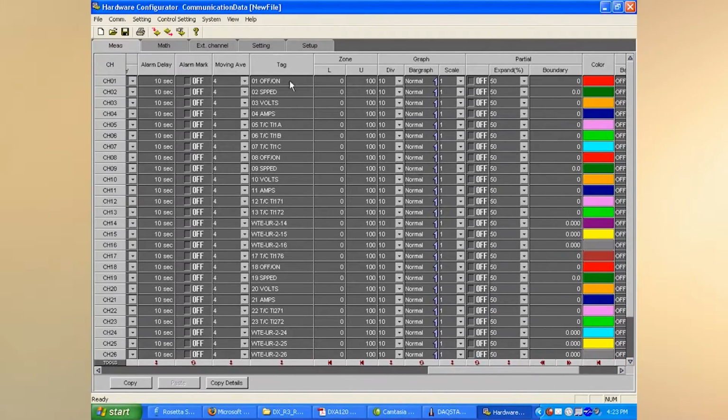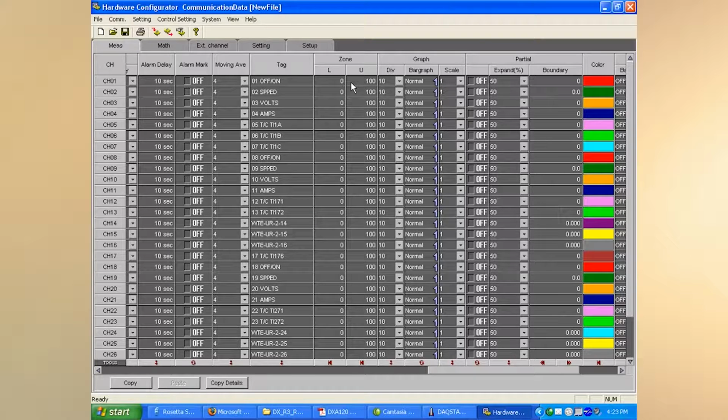Okay, we've also got other things here, like you can go ahead and name each of your tags. So if you choose to display by tag, then you're going to get to see what's in here, or if you just get to display by channel, then you're going to get what's over here as its name. Okay, as far as where it's going to show up on a trend or something like that,